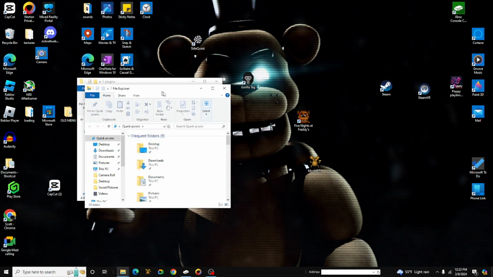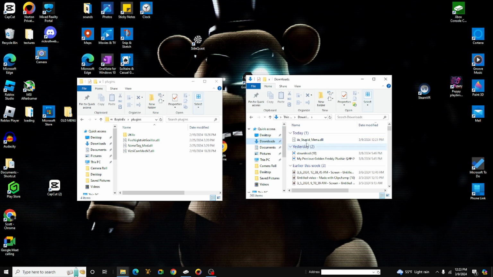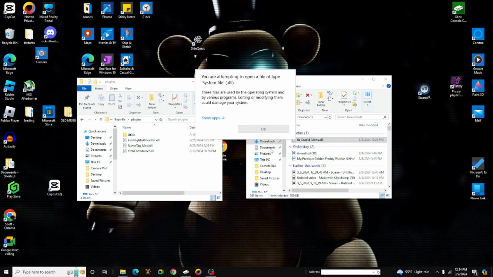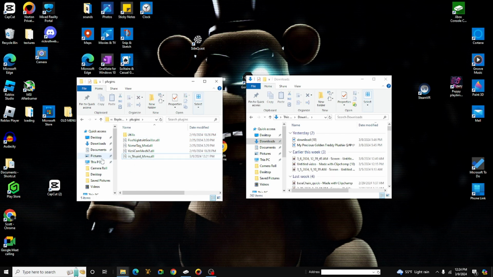You're gonna go to Downloads, and as you can see, the iStupid mod menu is right there. So you're just gonna drag the iStupid mod menu into the folders, into plugins, and then once you do that,